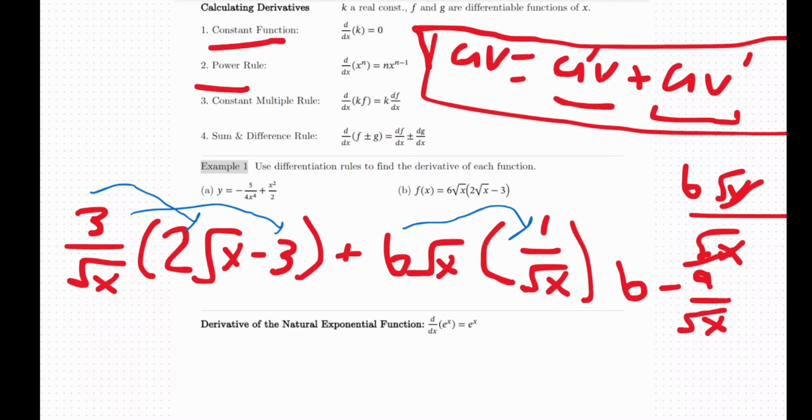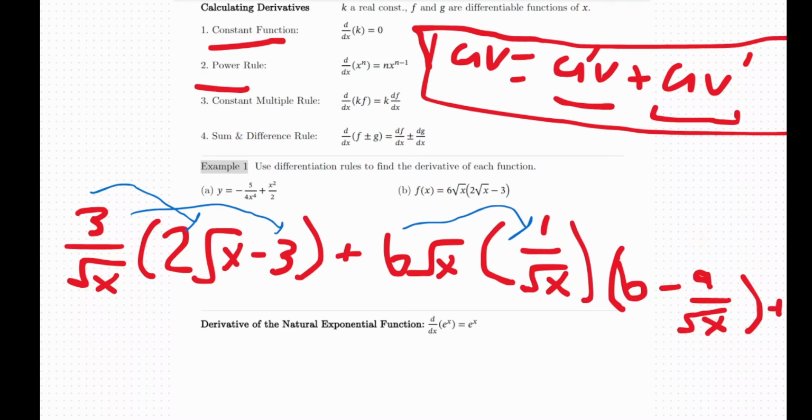So my 3 over radical x times negative 3, so it's going to be minus 9 over radical x. So that's essentially all that's going to be. So this right here in parentheses is your first part, and I'm just going to erase this for clearness sake. And now you're going to want to do the second part, so plus,